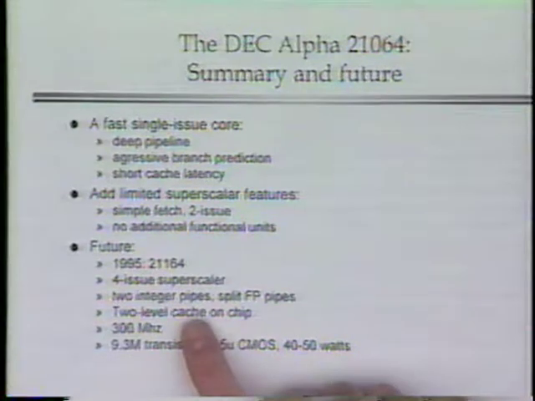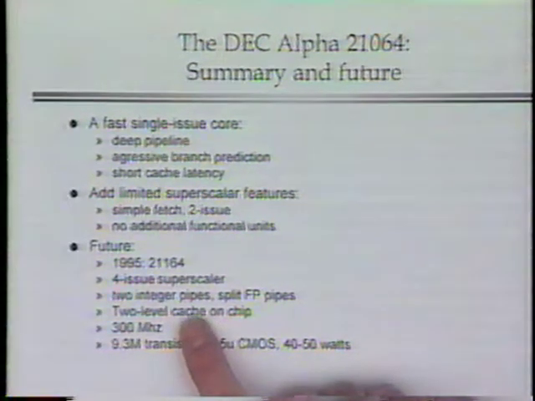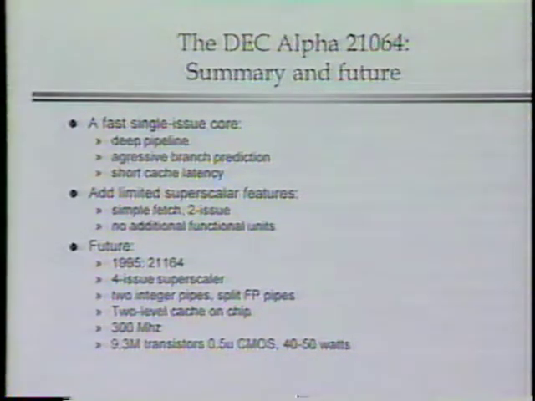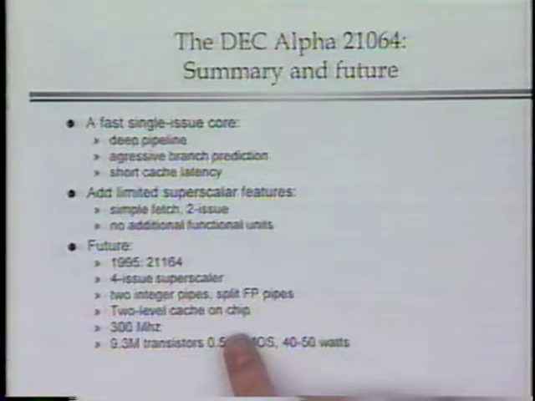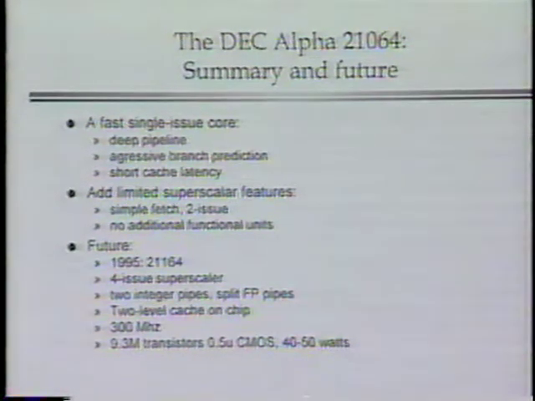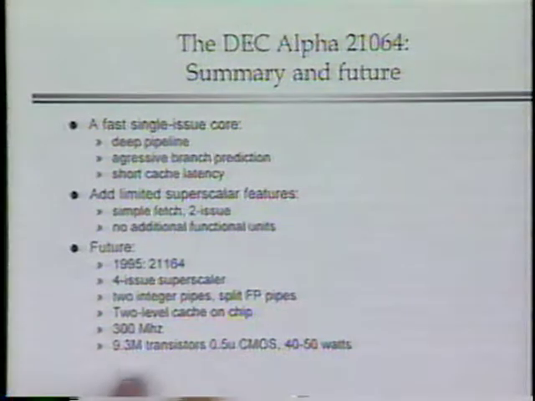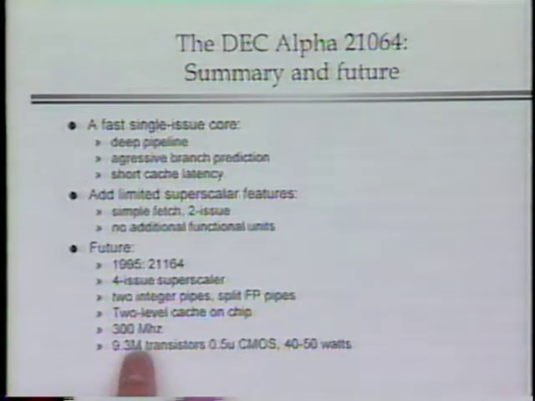They are now adding additional functional units, in the sense that they have 2 separate integer pipelines, so 2 integer instructions can be issued simultaneously to those 2 pipes. They have added a second-level cache on the chip. We'll be talking about caches later, but we've already mentioned multi-level caches. They now have level 1 and level 2 caches on the chip,